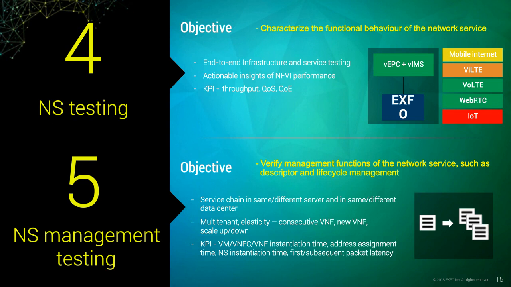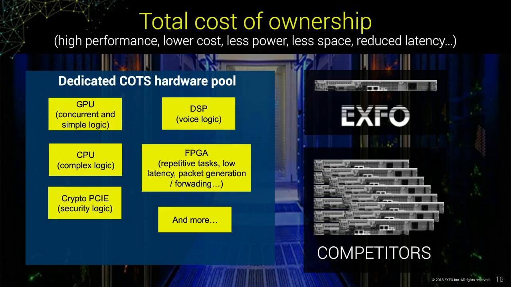And then once you have the complete connection, how much time does it take to complete the whole NS instantiation? And after that, it's the same as the VNF. What is the latency when it starts to take the first call and subsequent calls? What is the throughput that it can start taking without any failure and can hold for a longer period of time, and so on? So these are some of the KPIs that you should focus on while you're testing them. Okay. All right. So that concludes the 5 key areas from the pre-deployment testing point of view.